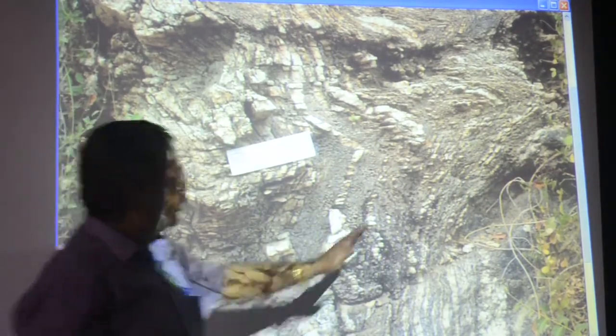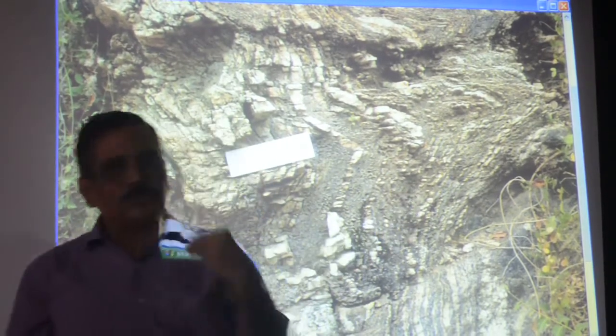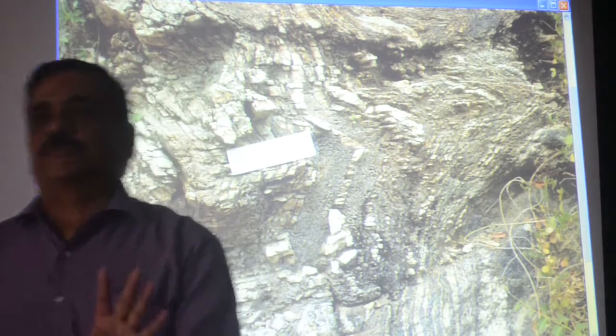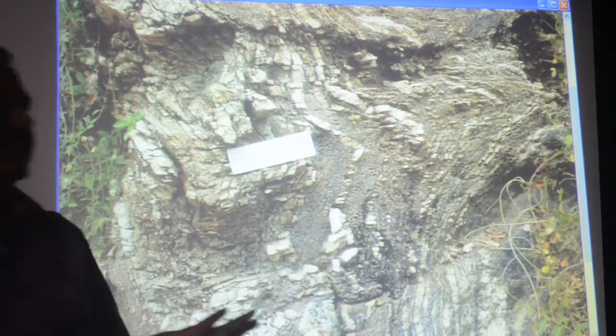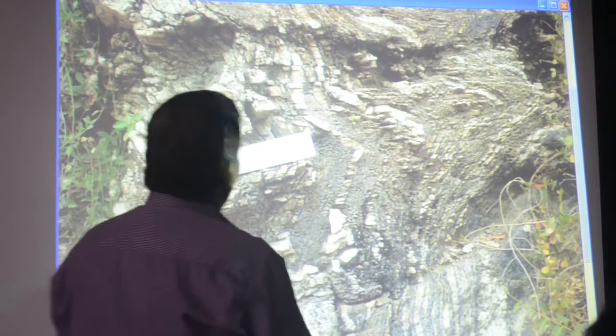Understood? That is your schistosity plane, the weakest plane in the rock. Schistosity, or the foliation plane, or S1. This you should remember. Understood? Now